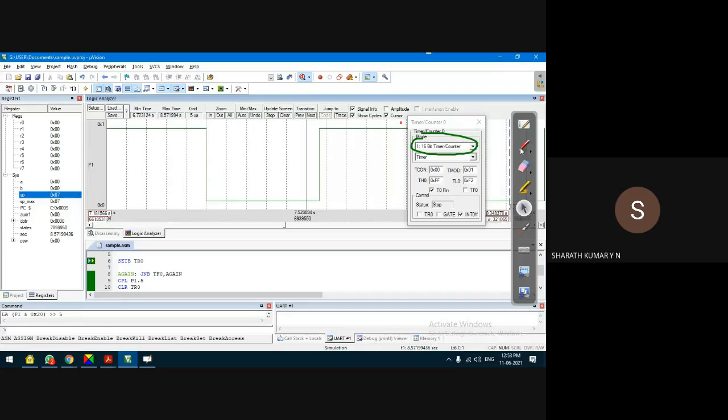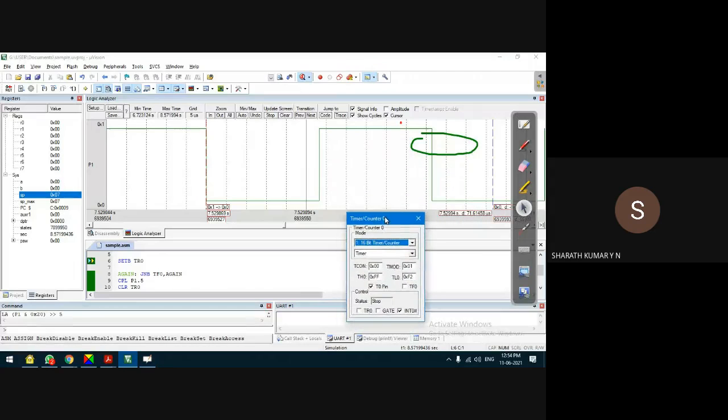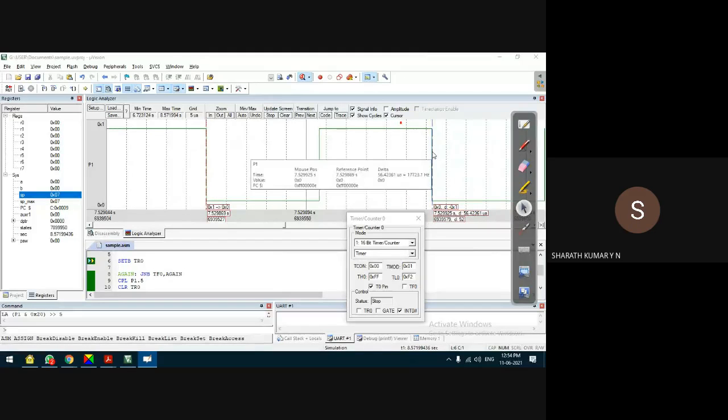Let us measure the time duration now. From this point to this point, it is approximately 28 microseconds. Now I'll measure the time period of one complete period. I'm not able to place it properly. Somewhere here, it is showing 56 microseconds.